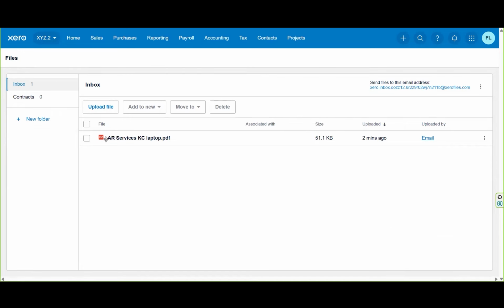I've already emailed it to myself, but if we look on the right-hand side of my screen, there's a unique email address, right? Which says send files to this email address. So you can copy the email. If you right click on it and say copy email address, and then you go into your emails and put that into who you're sending the email to,